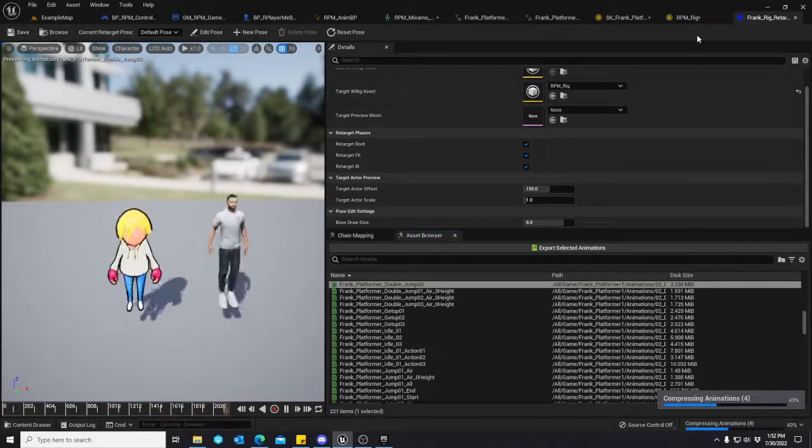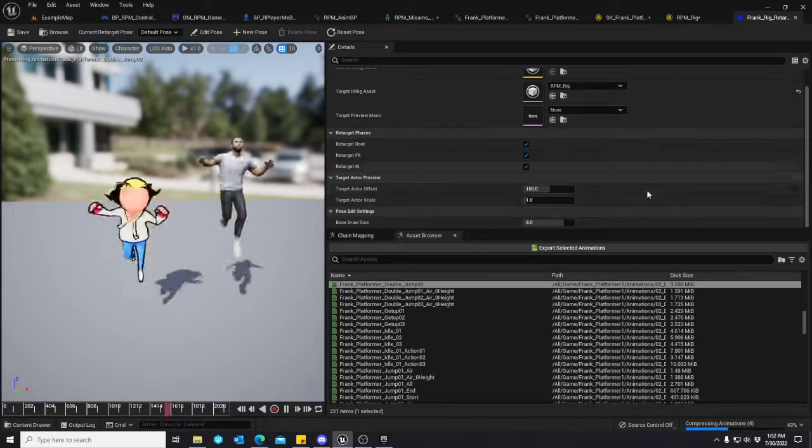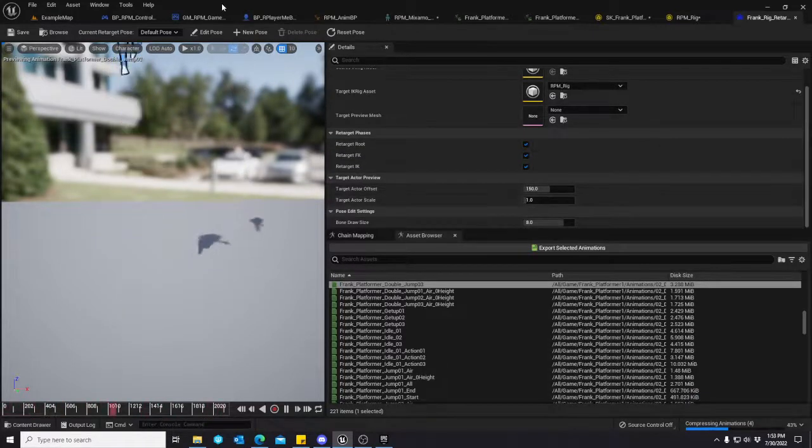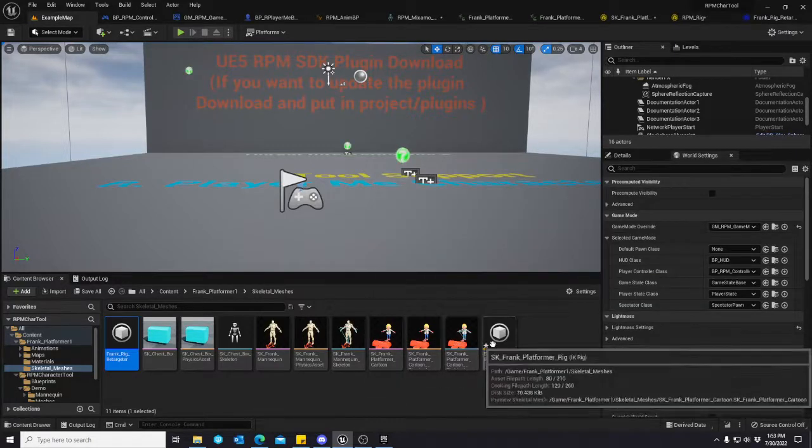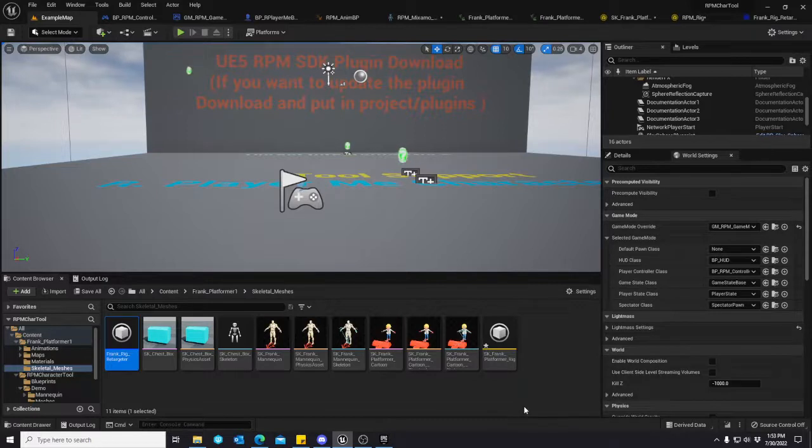Happy with this. So now you have your retargeter set up. This is like affirmation that you've gone through this process and you're ready to start retargeting animations. From here, you can do things like animation copying from the UE4 system and everything, but I'm still kind of old school in the sense that I